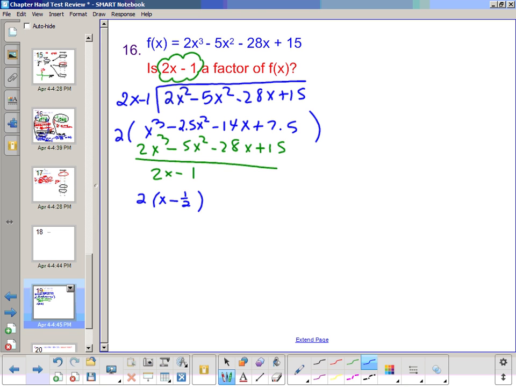So now we're taking that fraction and reducing it by dividing the numerator and denominator by 2. And now we're going to take x to the third minus 2.5x squared minus 14x plus 7.5 divided by x